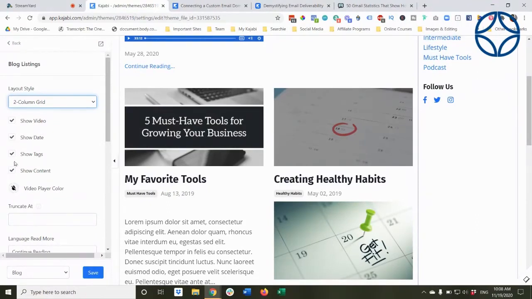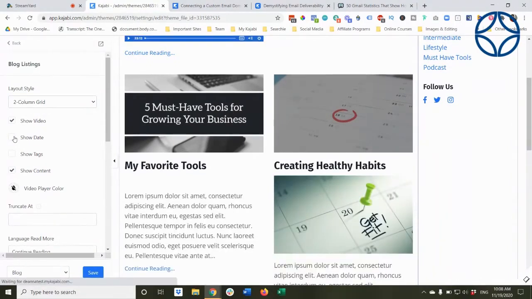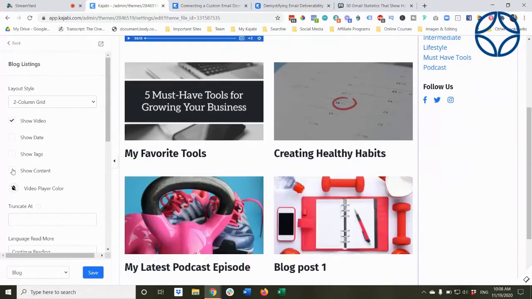I can say, I don't want to show the tags, or I don't want to show the date. I don't want to show the content. I just want to show the title and the custom image.